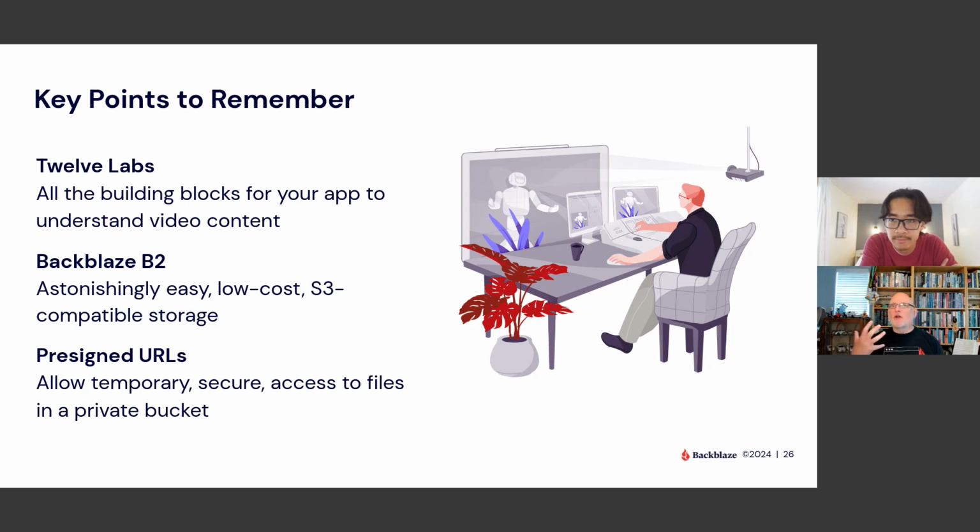So even when I'm rendering those thumbnails to the screen, they're being pulled from that private bucket, and the web app is creating those pre-signed URLs and caching them, so it's not having to create them over and over again, and so the browser can cache them and so on.